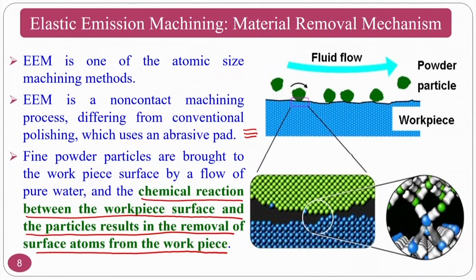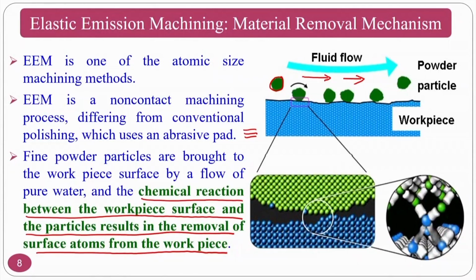Schematically, if you can see, what is happening is your fluid, that is the carrier fluid, is flowing like this, and abrasive particles are also there in the carrier medium, that is called the slurry. Slurry is a combination of your carrier fluid plus abrasive particles. Okay. So, this is what is happening whenever the abrasive particle is in contact with the workpiece. If you see here, this is the abrasive particle and this is the workpiece material, and there will be a contact here, and this particular contact is making a chemical contact and taking away material atom by atom. Okay.